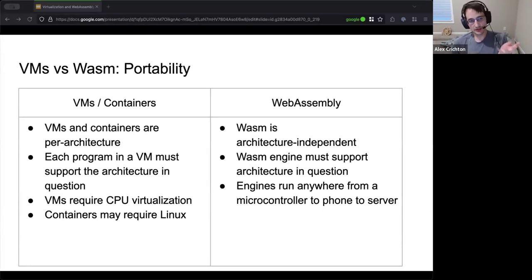On the portability side of things, the idea is that with virtual machines, you tend to have to build once per virtual machine. WebAssembly is a brand new architecture, which requires the porting I was mentioning earlier, but once you're running, you get to run anywhere on any server. Now, you still have to do performance testing: you probably have an engine you're interested in and an application you're interested in, so you run it on the engine, measure the performance, and you might still have to tweak code as a result.